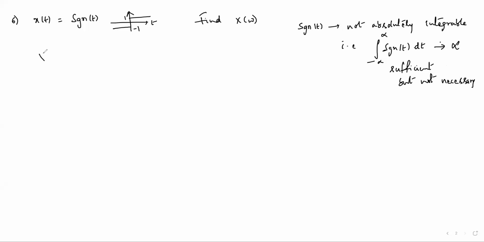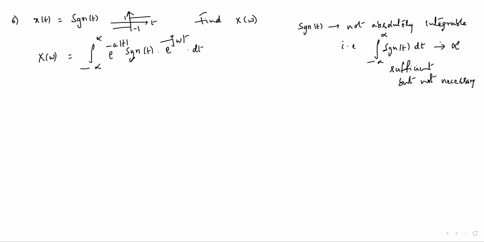Fine. What I am doing here is, first, the Fourier transform of signum function. I am writing the formula here: integral from minus infinity to plus infinity, signum function, e to the power of minus j omega t dt. So I am doing a small modification here. That means I am multiplying with e to the power of minus a mod t, because e to the power of minus a mod t is already Fourier transformable. Just in the previous problem we have checked.